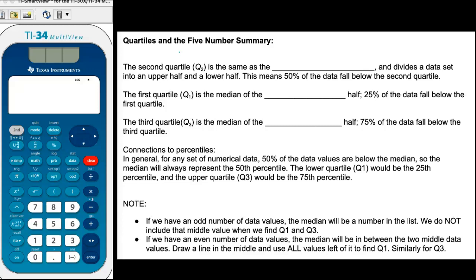In this video, I'm going to talk about quartiles and the 5-number summary. So let's first start with quartiles. The root of the word quartile, quart, means 4, and quartiles are numbers that divide a data set into